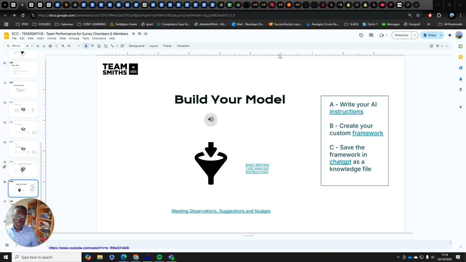Okay, so I'm going to show you how to build your own model. This is not a fully blown TPU. This is a basic meeting type analyzer, and it will show you observations, suggestions, and nudges to basically hold better